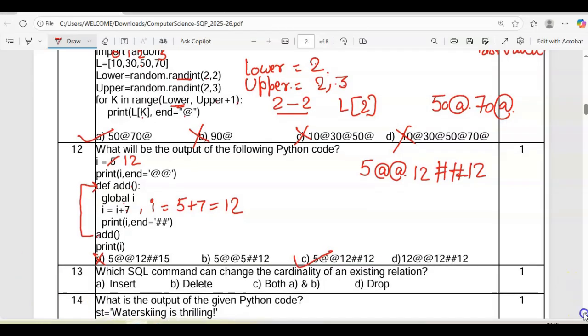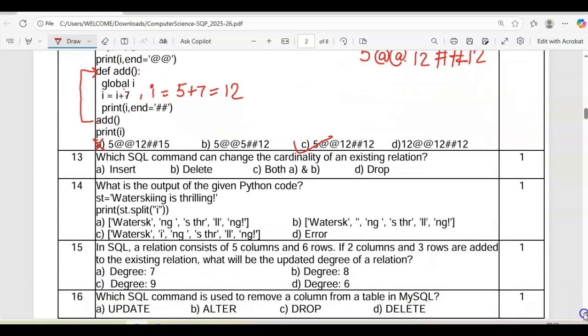Question number 13, which SQL command can change the cardinality of an existing relation? Degree is the number of columns and cardinality is the number of rows.